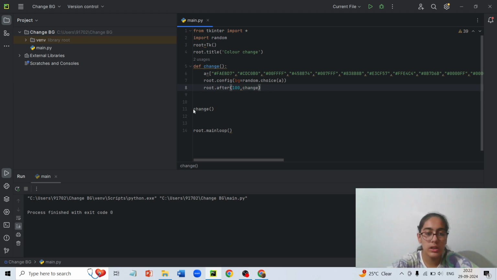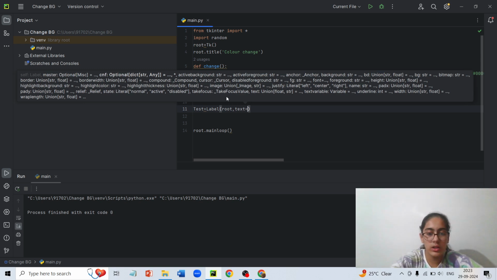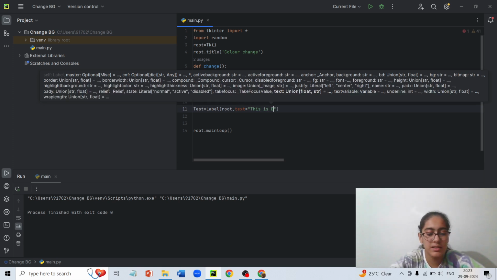And now what I'll do is I will simply add a label to this program. Let's say test equals Label(root, so root is the container in which our label will be seen. Text equals to "this is disco light". Right now I do not have any other things coming to my mind, so this is disco light should do.